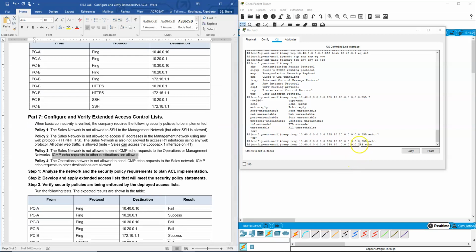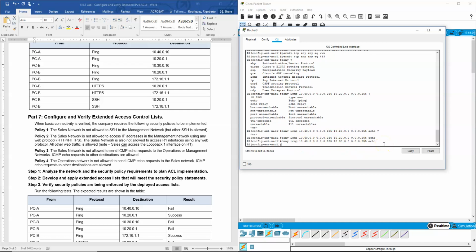So we'll deny the 30 VLAN. Go back here and put 30 in there. So this is sales to management, sales to operations. We're denying ICMP echo. Hit enter. Those are good. Then we're going to permit